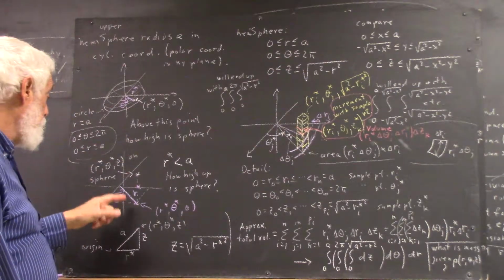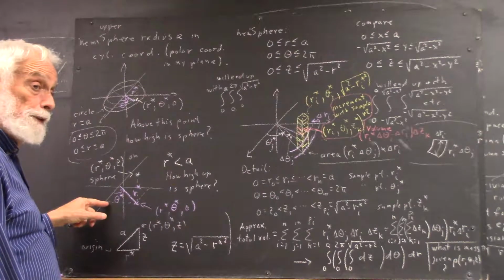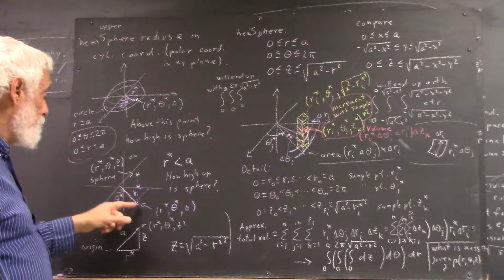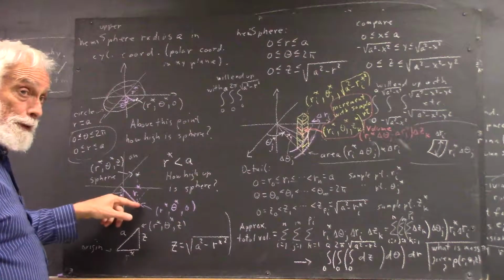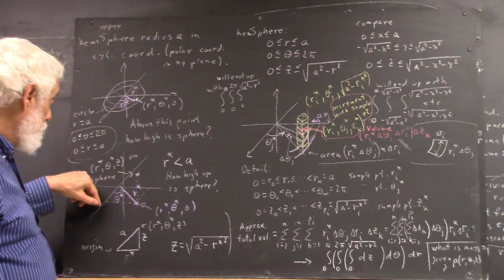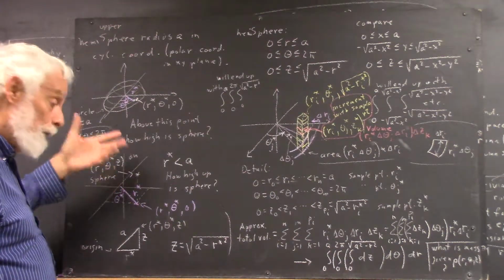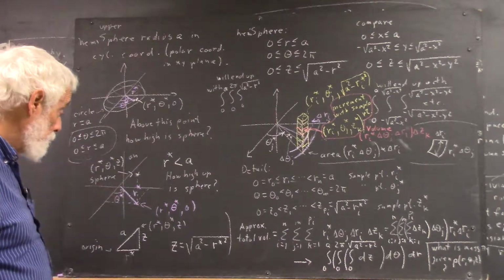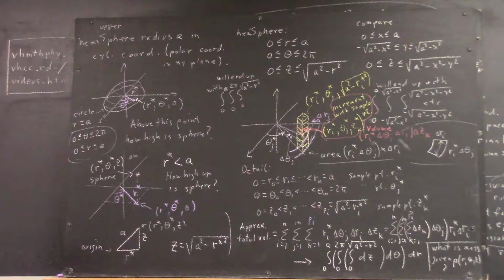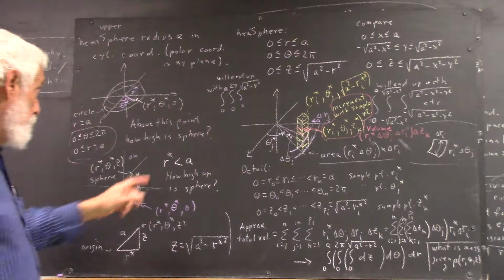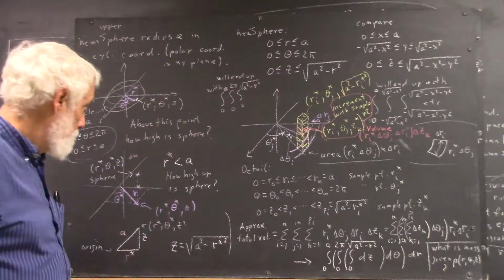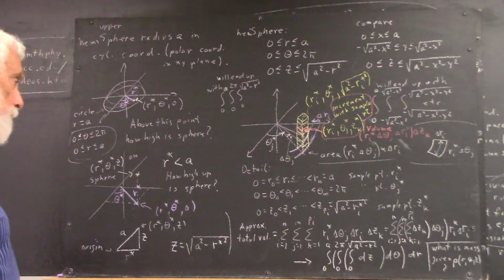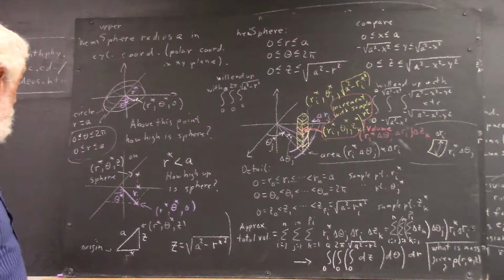So we have the point r star, theta star. That means it's a distance r star from the origin, and the angle to this line segment here is theta star, measured again counterclockwise from the positive x-axis. Then again, r star is less than a, so how high up do we have to go to get to the sphere? Okay, well, people had a little trouble with this, but all it comes down to is